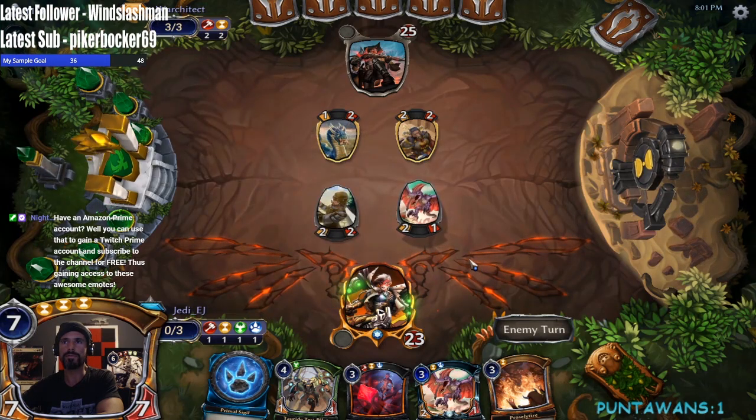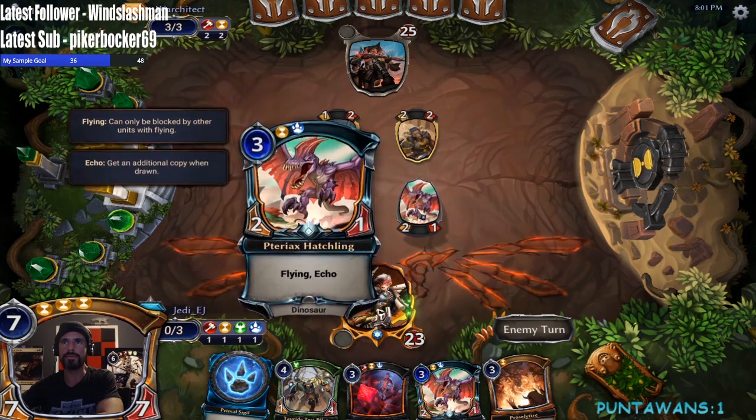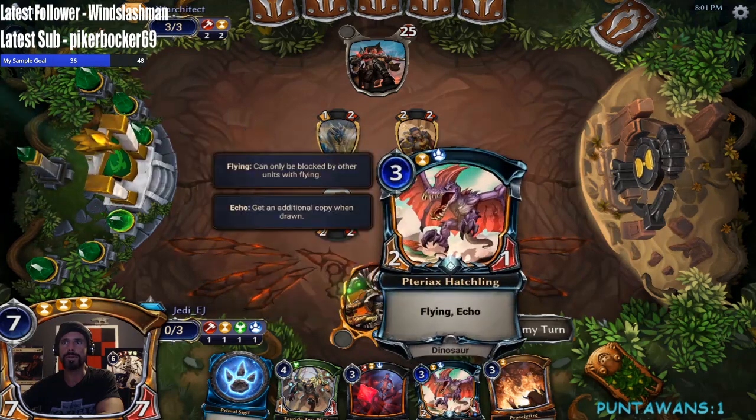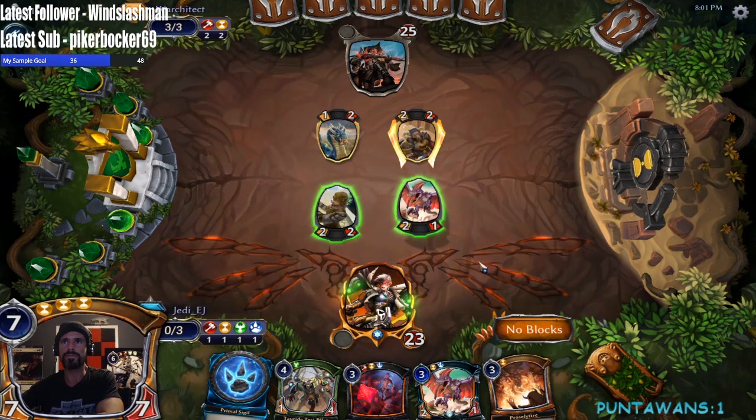Our opponent's in the tank for a moment. It's a tough part about Echo units because of the fact that now they're probably trying to debate on what they could do about the hatchling, but then they also know that there's another one coming. So, thing is, we do want to be power efficient. So, there's a good chance that,